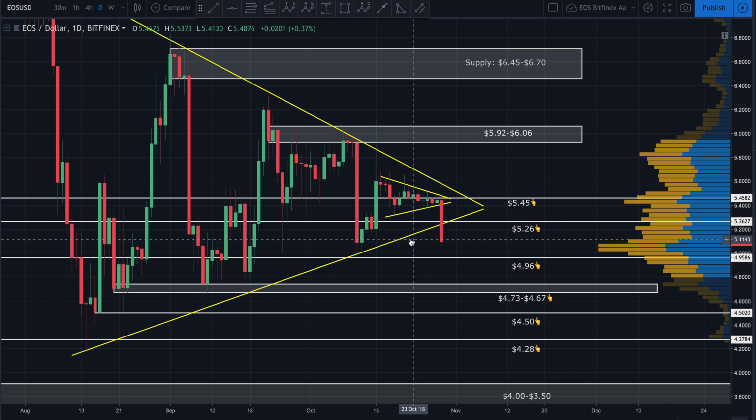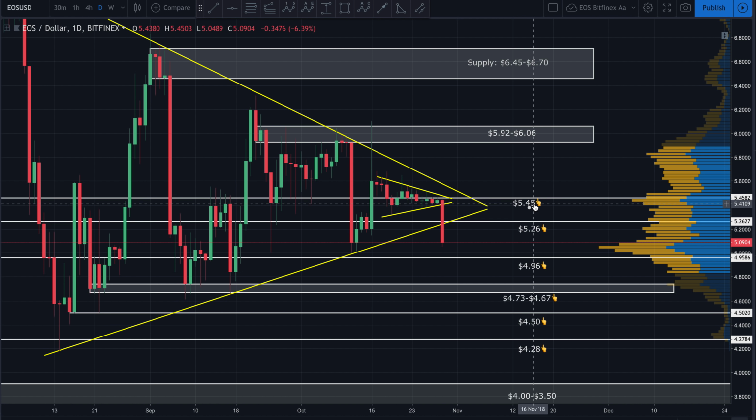So what we're going to be looking for is to see if this area can hold right here, sitting at about the lowest, which would be about 4.96. Really, though, this wick down here at about 4.98, $5, somewhere thereabouts. $5 is a good psychological level. We'll see if that holds. If that does break, I think it'll be a quick drop down here to at least 4.73 to 4.67, and at that point, that's what we're going to be watching for, that reversal. And if that does break, guys, watch out below, in my opinion.